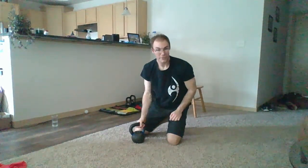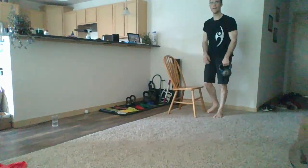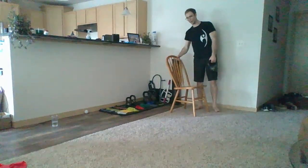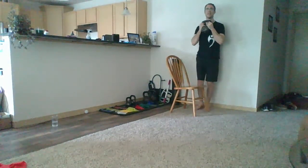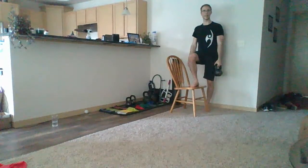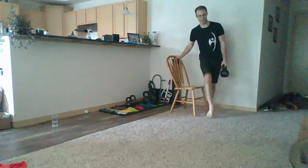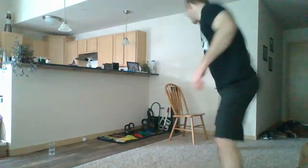All right, now we're going to get into our step-ups. Again, if that last set was too hard for you, feel free to pop up off the ground a little bit, but then really control that lower. If that last set was easy for you, you may grab a little bit of weight. You're going to hold it up in front of you like you're doing a goblet squat, or you can hold it down to your side. Down to your side, I think it might be even a little bit more appropriate for this exercise. Oops, actually, I need to put this back up a little bit for you. All right, so